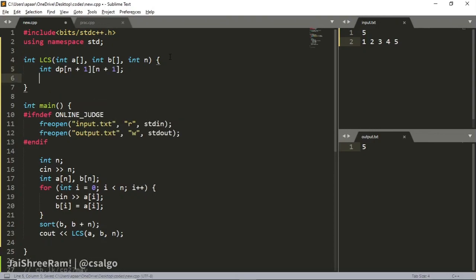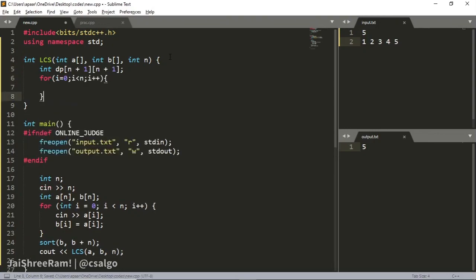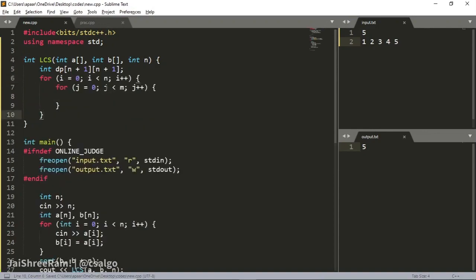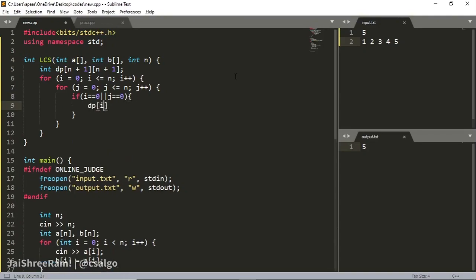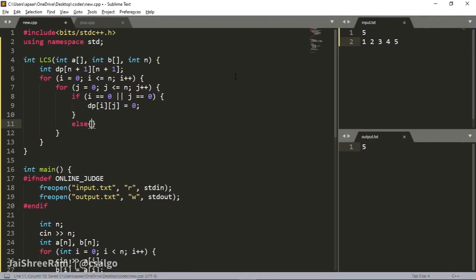And let's start with a double for loop, and very easy, we all are well aware of that. You can code it yourself also. So what are the cases over here? If i equals 0 or j equals 0, this is a case of an empty subsequence matching with another subsequence, right? So in this case, what I have is dp[i][j] equals 0, right? Else